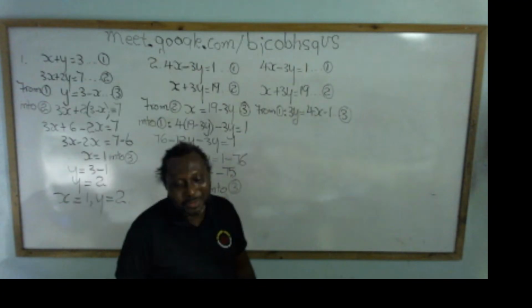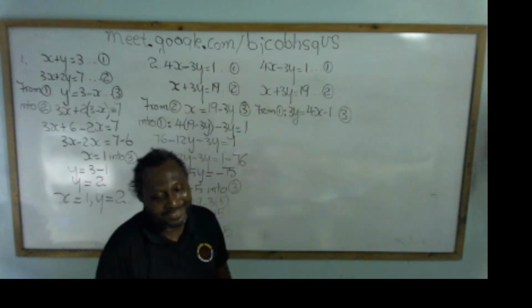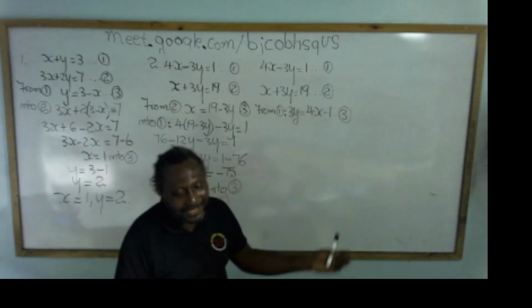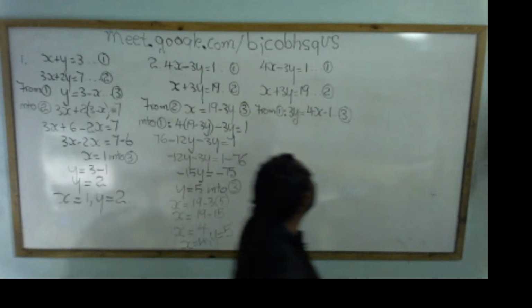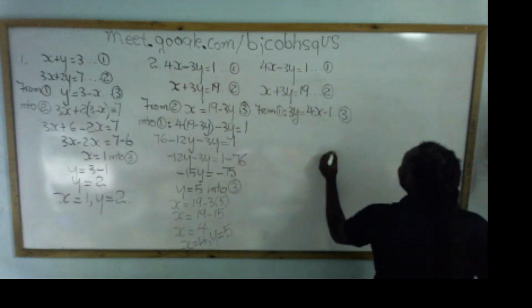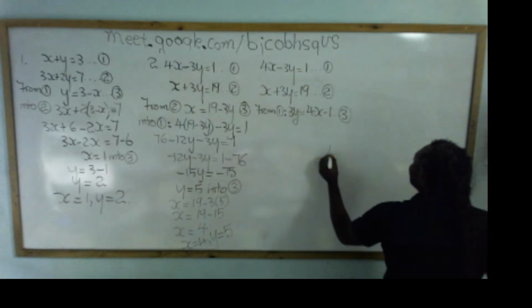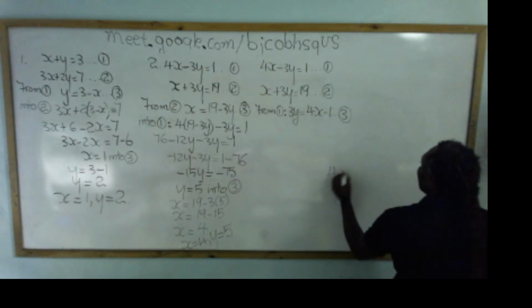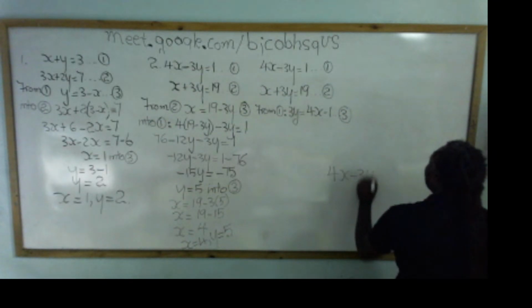So what did we do? We did a double switch. So we switch it over in our minds and then write it again. So let me give you an idea what we did. We have 4x minus 3y is equal to